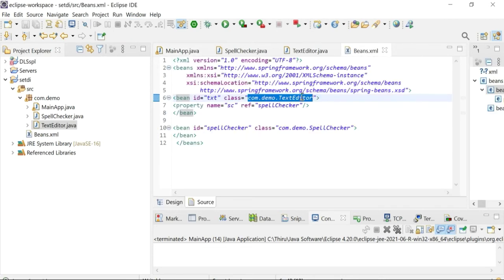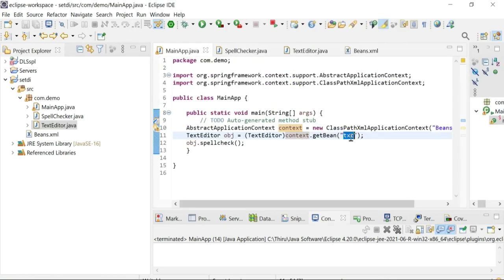Just go here, you can see the text editor bean. You can see the id, the value given is txt. So this id value should be given in the main app when we access the bean. We have given it here.